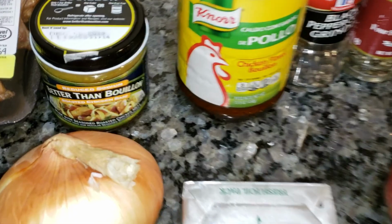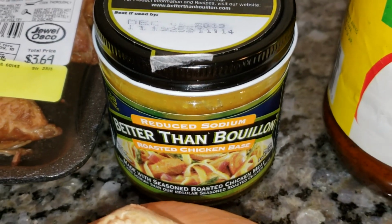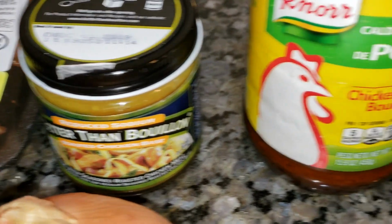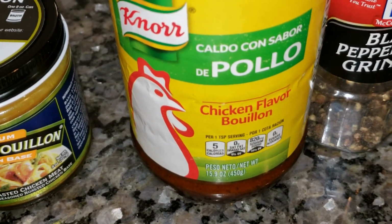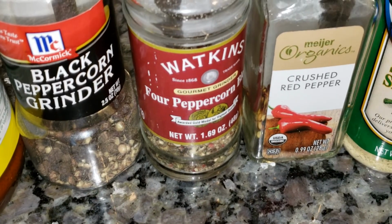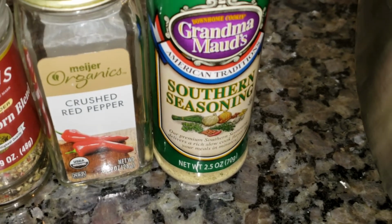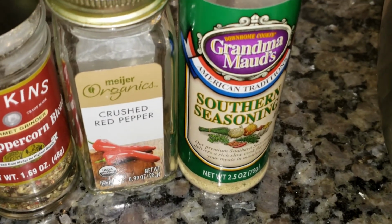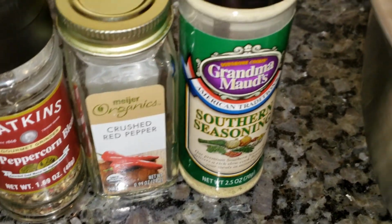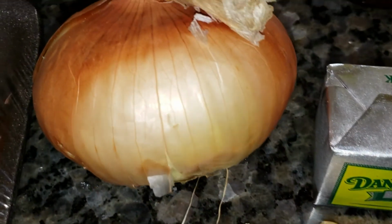Okay, and to that, we got some bouillon, Better Than Bouillon. That's what I use. Roasted chicken base is really flavorful. I got the regular one too. I'm gonna use both of these. I got some black peppercorn, some four peppercorn, crushed red pepper, the southern seasoning, which is really good, or you could use some green seasoning or something like that. I got some butter right here, garlic,